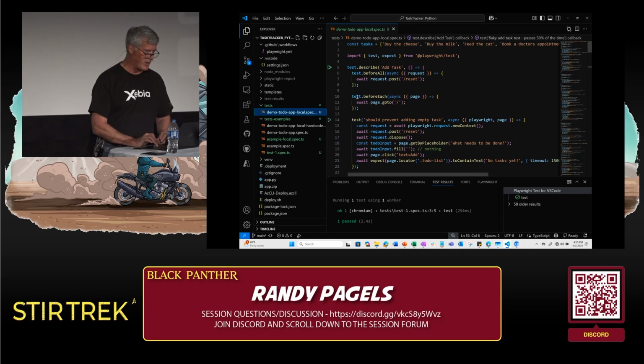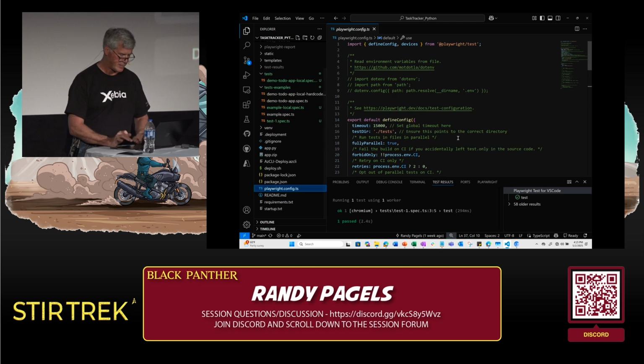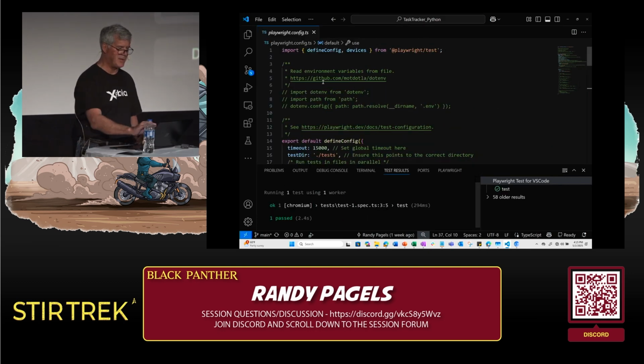Now, you might be wondering where all that comes from. There is a config file that Playwright installs. It's important. I'll zoom in on that so we can see it better. This is the default config. It's called the